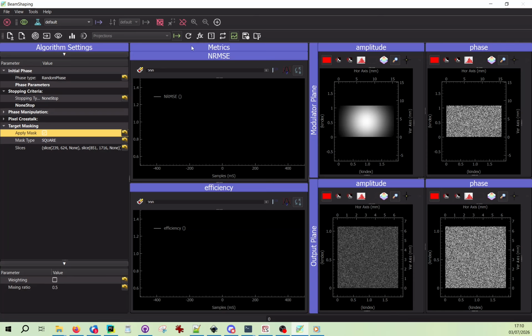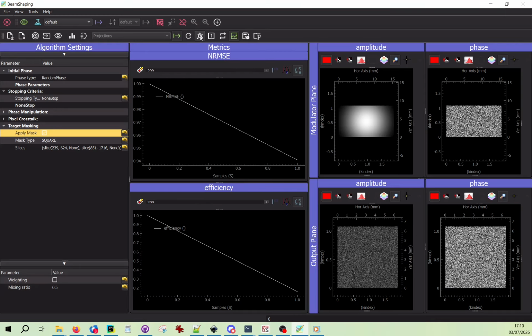First of all, I can reset the phase in case I ran the algorithm just before, and I can do one step of a Fourier transform to propagate my beam into this corresponding 2F setup. If I do just that, I obtain this output image, which is the amplitude, completely random because the initial phase is random. But then I can start one step of the algorithm,